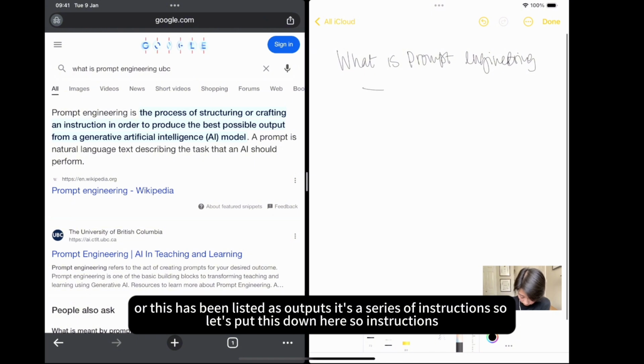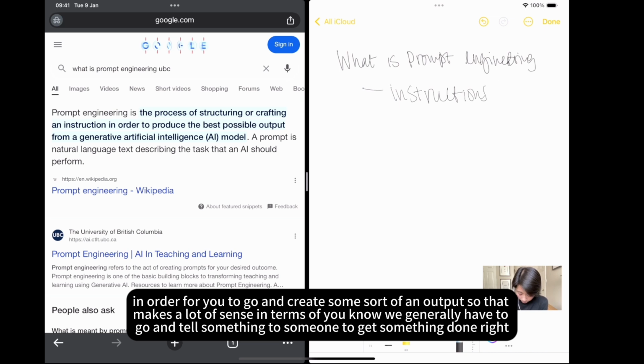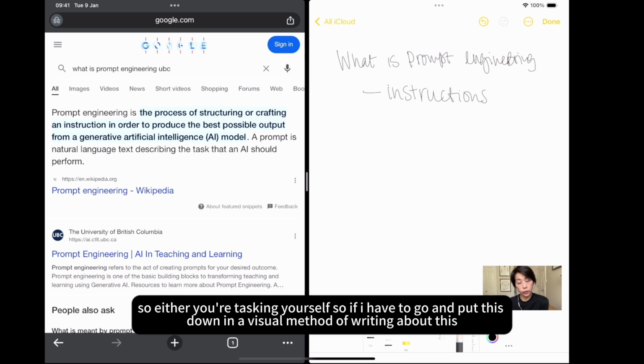instructions. So let's put this down here: instructions, in order for you to go and create some sort of an output. That makes a lot of sense, in that we generally have to tell something to someone to get something done, right? So either you're tasking yourself